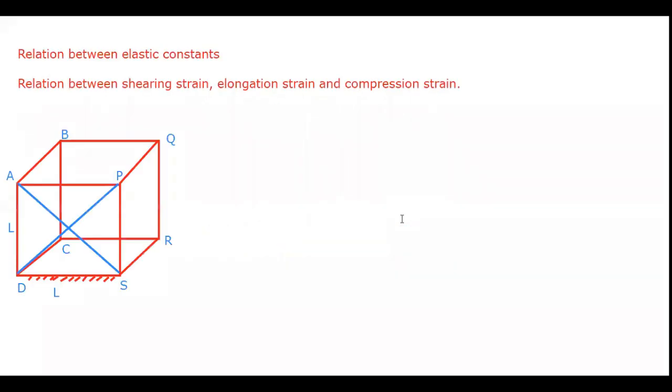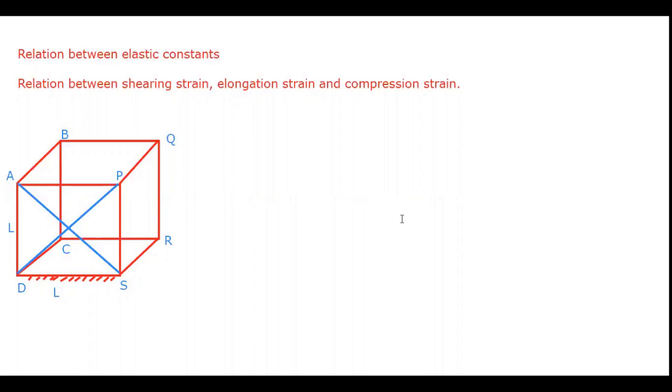So far you have studied the elastic constants. Now let us take the relation between the elastic constants. When a body undergoes an elastic deformation, it is studied under any one of the three elastic moduli, depending upon the type of deformation. However, these moduli are related to each other. Their relations can be understood by knowing how one type of deformation could be equated to a combination of other two types of deformation.